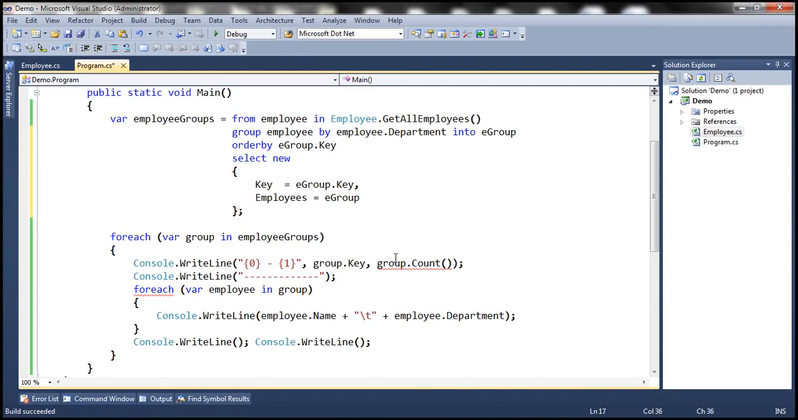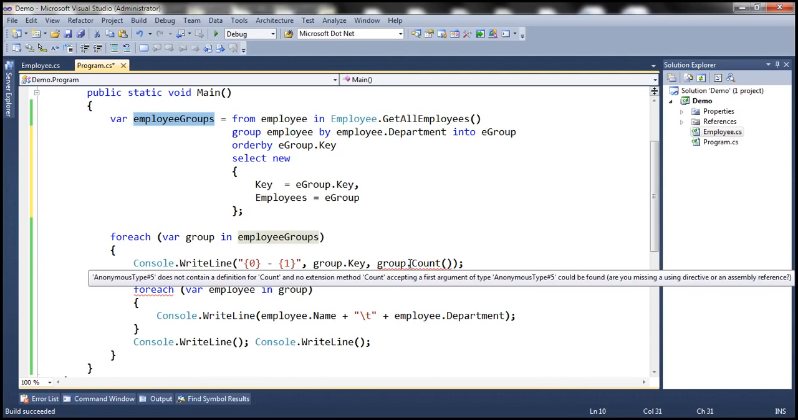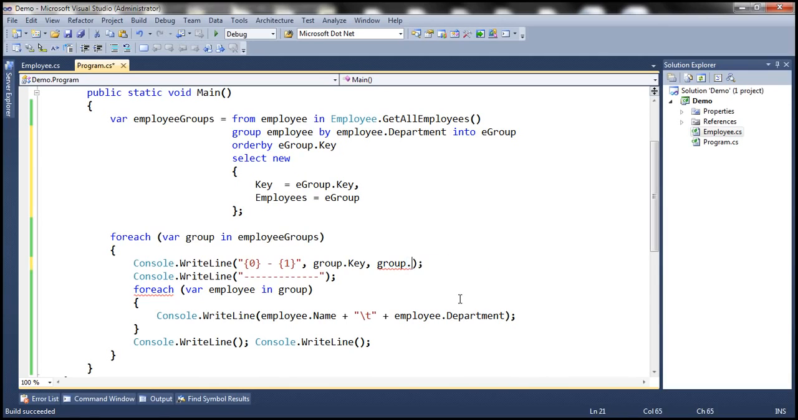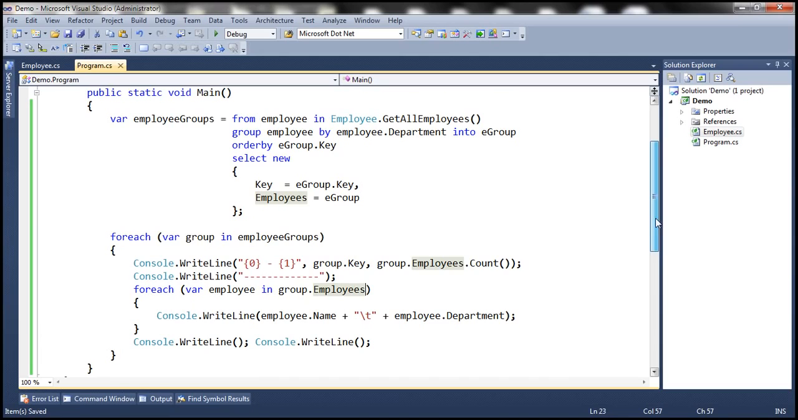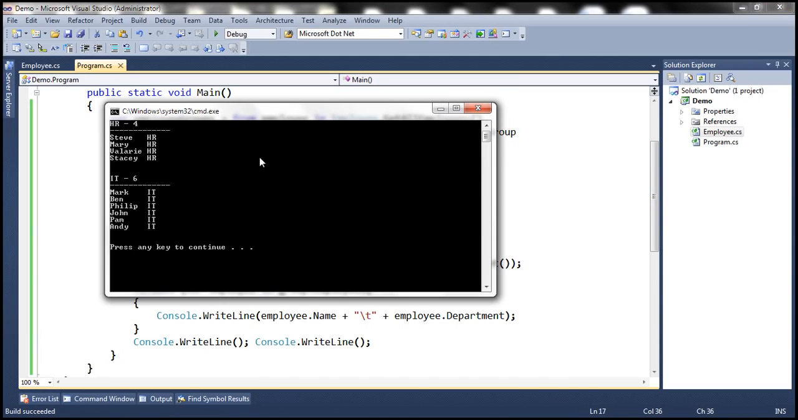Now this employee group is going to have a property called employees, and on that we need to call the count. So let's call employees.count. This should fix that compilation error. And then again here, employee is not present in the group variable. Employees are present in this employees variable, because that's what we are projecting the employees into. Now when we run this, notice that the department names are sorted but not the employees within each